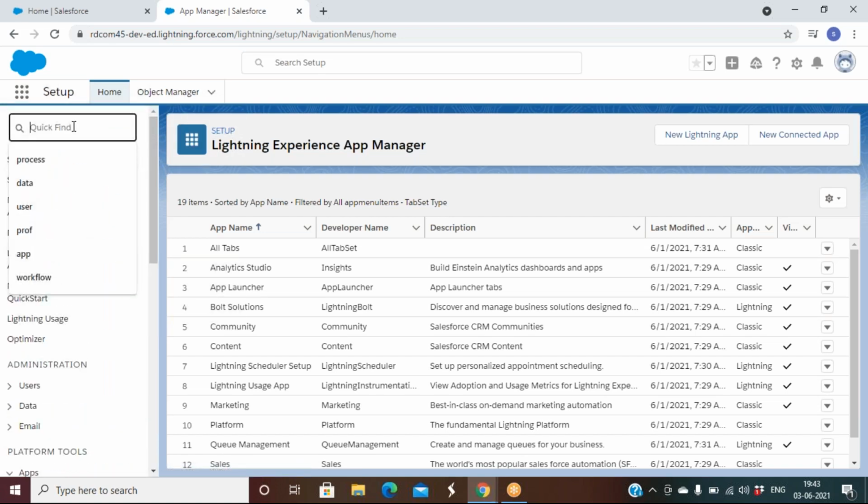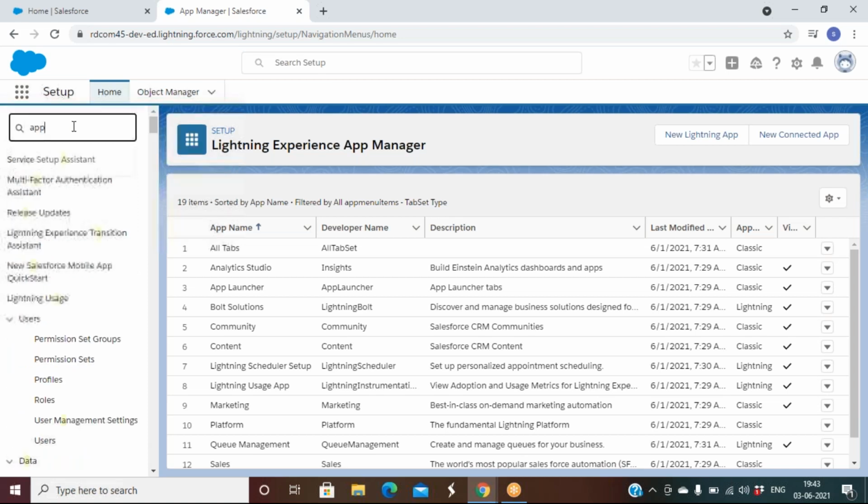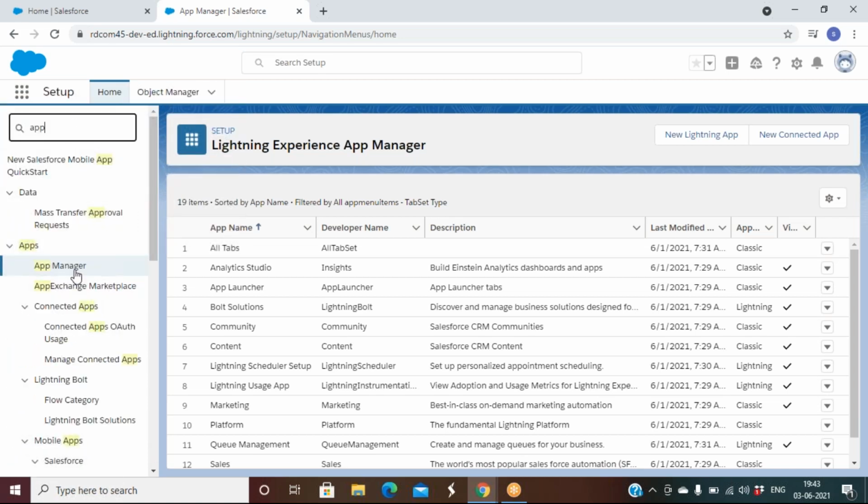Just click here on the Quick Find box and type app. Just click on App Manager. So whatever you are looking for, you can type the keywords. That's what I mean to say. Okay, now I just came to the App Manager.